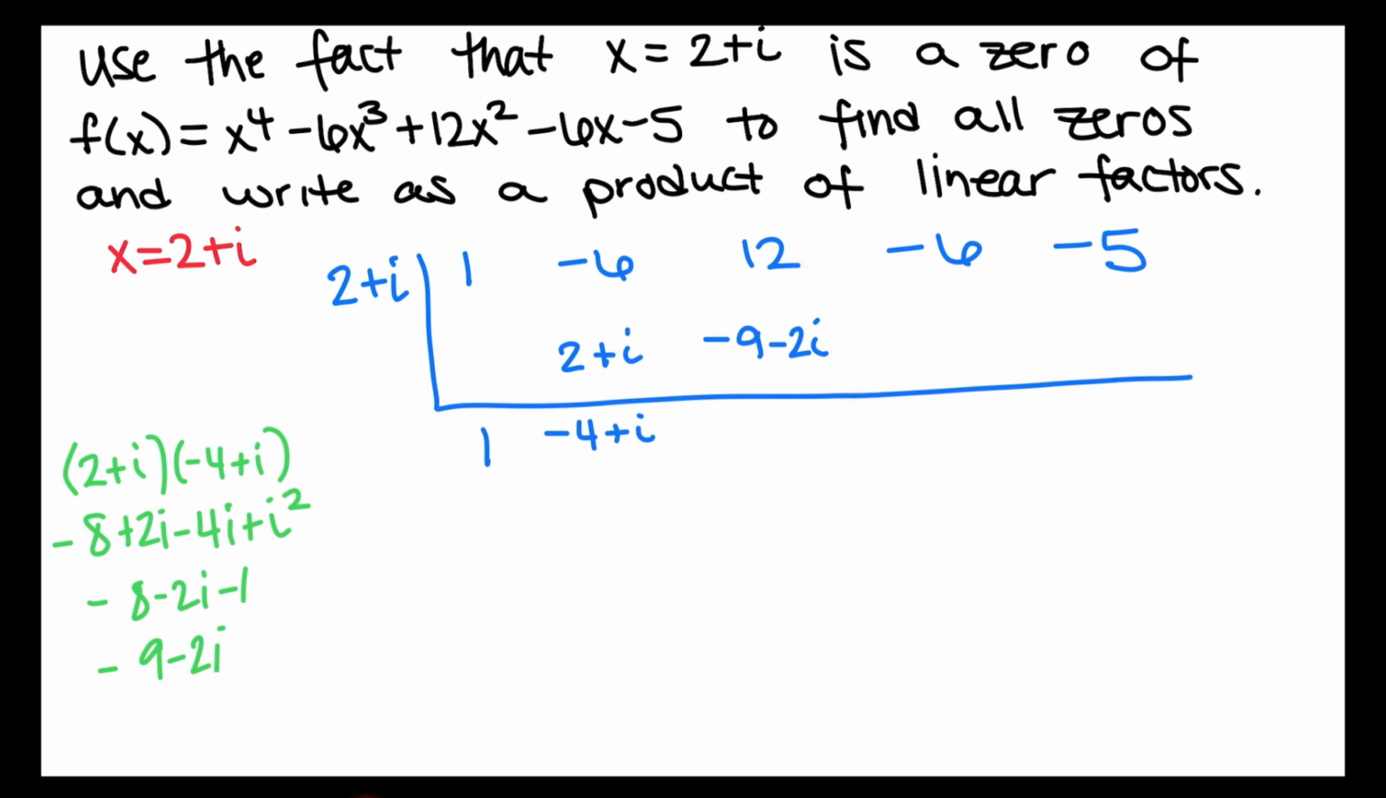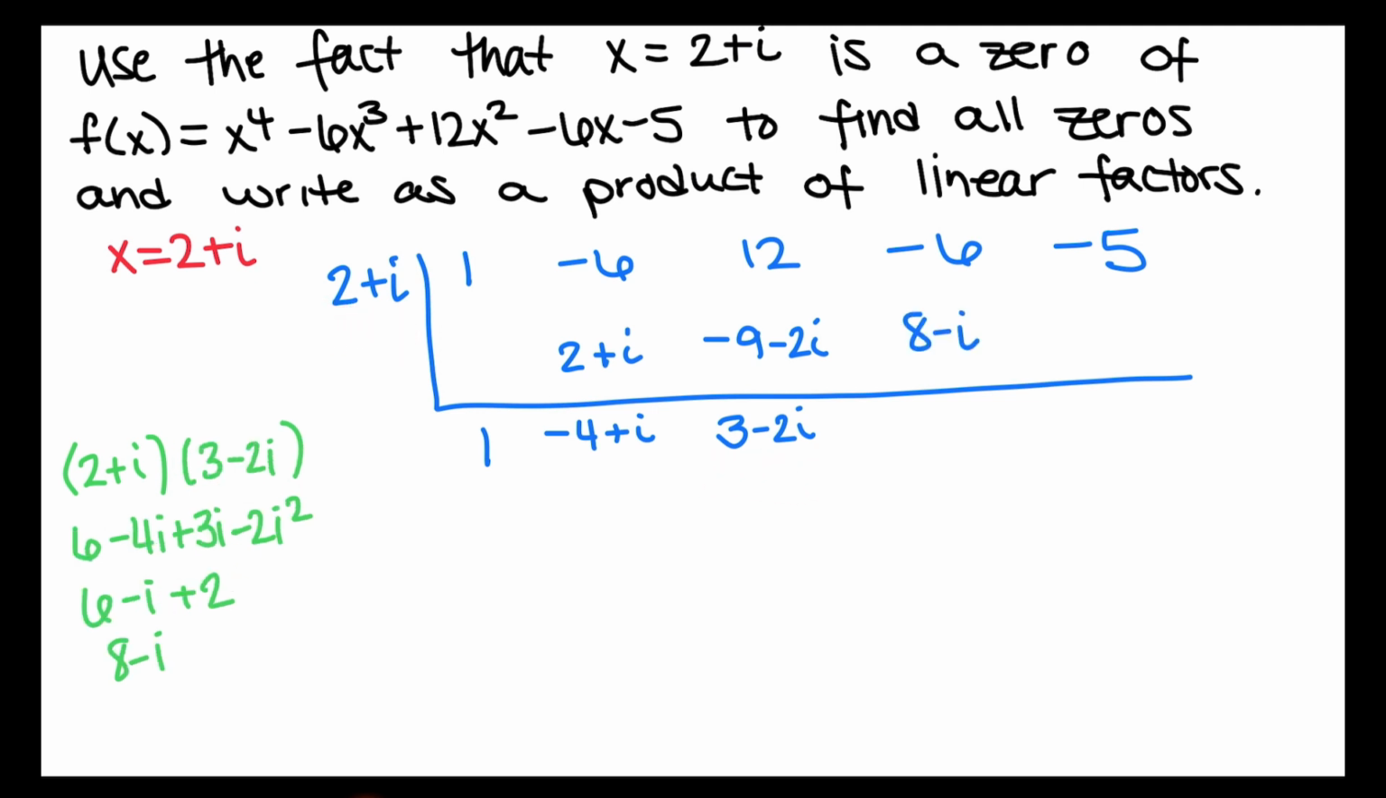Okay, add. 12 minus 9 is 3, so I've got 3 minus 2i. We're going to multiply 3 minus 2i times 2 plus i. We're going to have to use FOIL on that again. So I'm taking the 2 plus i times the 3 minus 2i. Using FOIL, first,